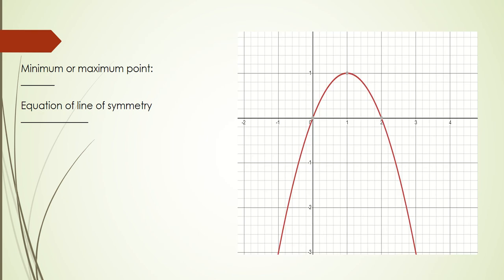Now, if this is another graph and we have to find maximum or minimum, because the graph is going up and reaches the peak, there is a highest point. So I will take this maximum point, and the maximum point is the coordinate where x is 1, y is also 1. So I will write 1, 1. Equation of line of symmetry. So I have to plot the line and see where this straight line crosses the x-axis. At the x-axis it is crossing +1. So I will write x is equal to +1.